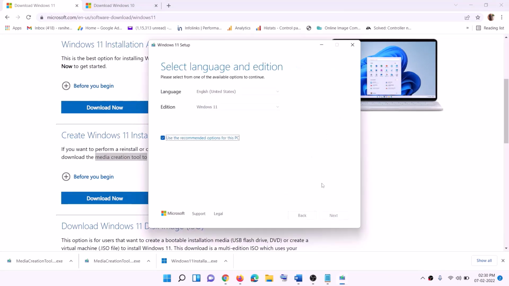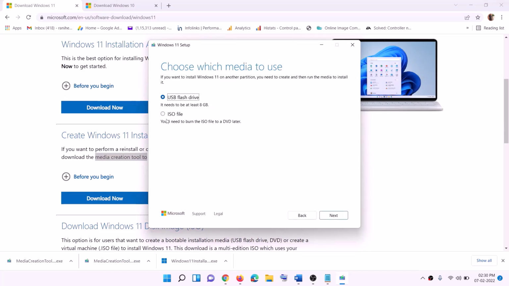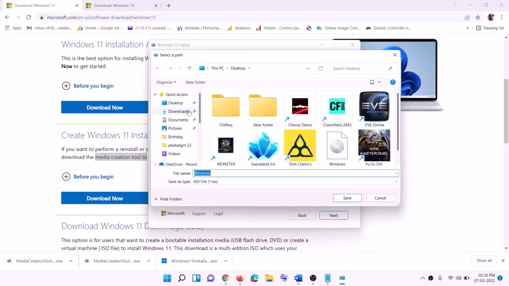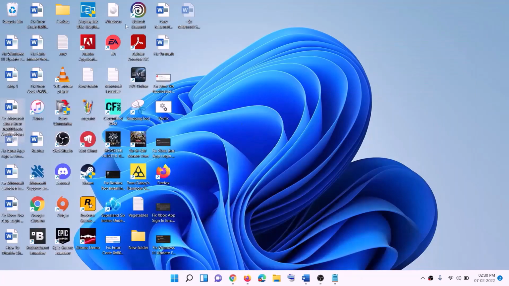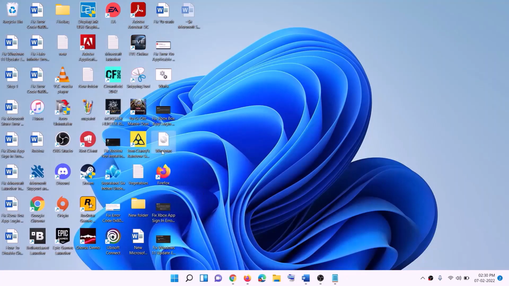Now click on accept. By default, Windows 11 would be selected. Click on next. Select ISO file, then click on next. You can save the location. You can set the location as desktop and then click on save over here. Now once the download is complete, click on finish and then go to desktop, find Windows ISO file, make a